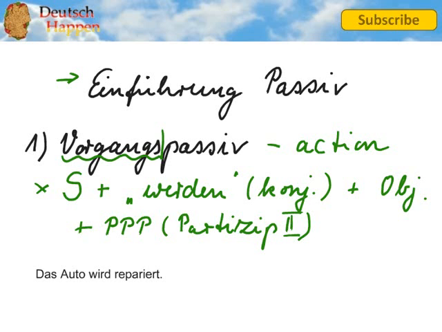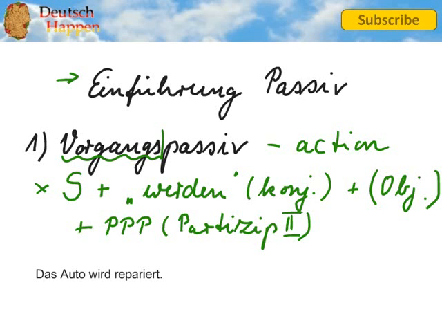So we go into detail later on. Then we have an object, which is optional. And what you definitely need is the PPP, so das Partizip Perfekt Passiv, past participle of your verb, in German